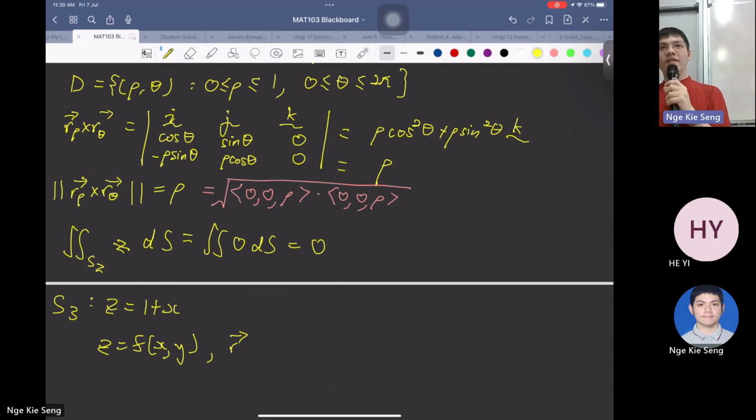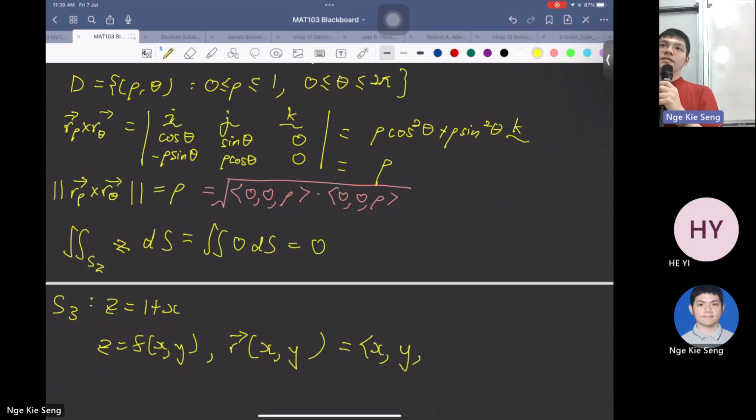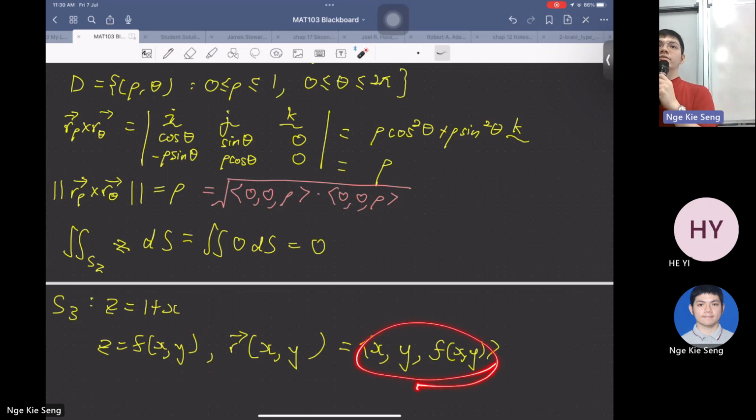So for Z equals some function in X and Y, the natural thing is just to use X and Y. Why? Because saying Z as a function of X and Y is suggesting that Z is depending on X and Y. And X and Y are independent, so you could just use X and Y, and then Z is dependent on X and Y. So F of X, Y. All the vector equations here only depend on X and Y, which is what you want, two variables. So applying to our case here,